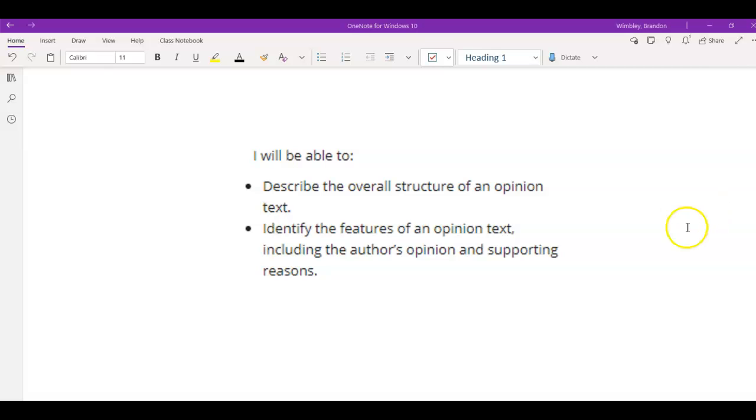So our objective for this first part is that I will be able to describe the overall structure of an opinion text, and I'll be able to identify the features of an opinion text, including the author's opinion and supporting reasons. So remember in an earlier lesson, it was yesterday, we analyzed the chronological structure of the informational text, The